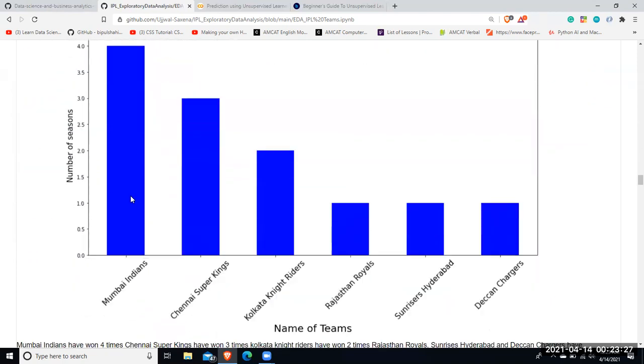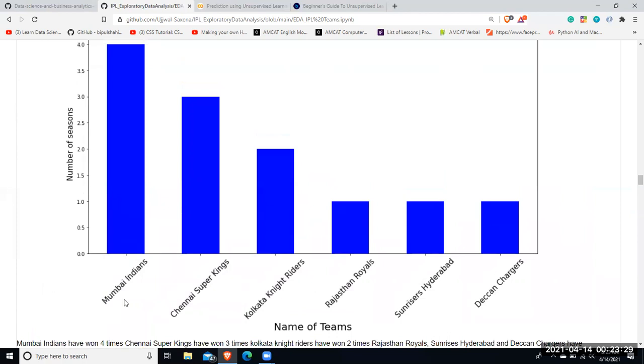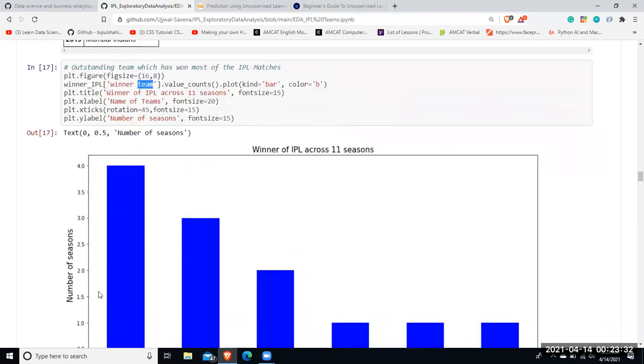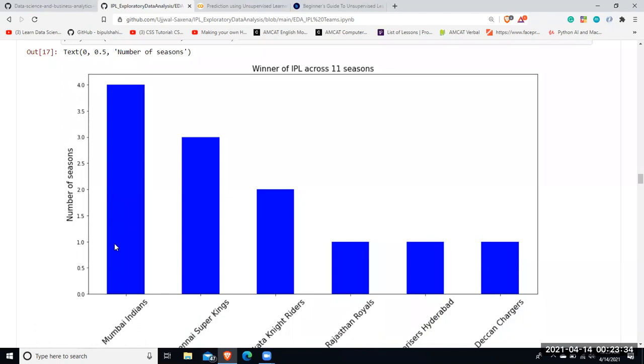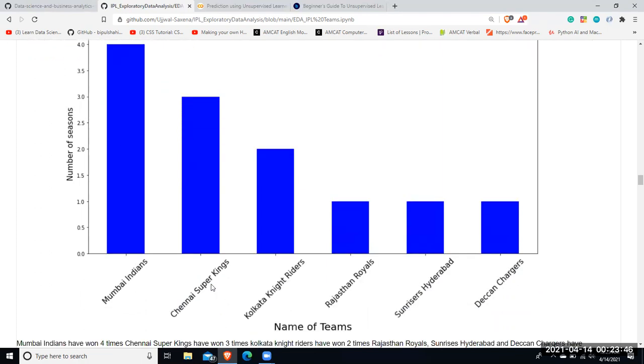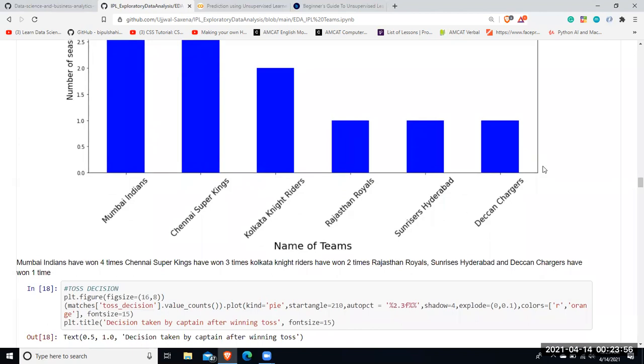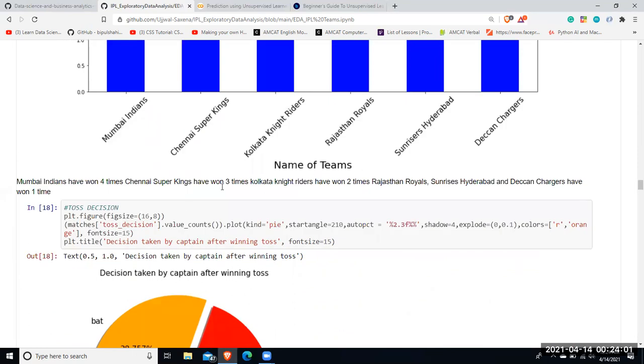So this time how it actually looks like, yeah, Mumbai Indians have actually won the maximum number of times, not consecutively, but yeah, the total number of seasons. That means they have won 4 years. The Mumbai Indians have been at the topmost position and have won many matches. Right. Then comes the CSK, and the Kolkata Knight Riders and Deccan Chargers have been really quite a loser, right? So that means they have almost won only once in a particular season, right?